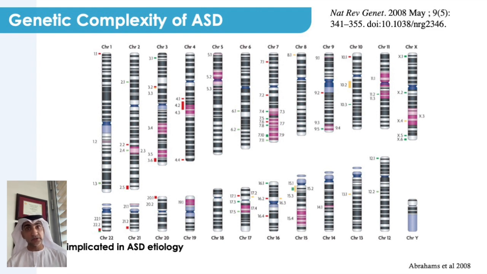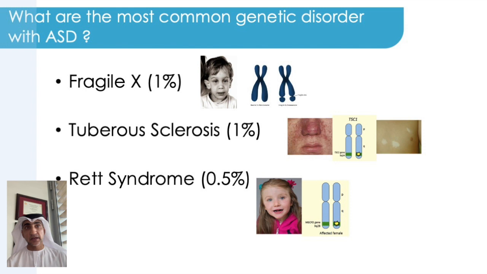Therefore, we introduce autism as heterogeneous, meaning that you can have a child with autism that is due to a specific genetic disorder and can present differently compared to a different child who presents with autism in the context of a different genetic disorder, such as Fragile X or tuberous sclerosis, Rett syndrome, and other conditions. The etiology of autism is quite complex, and it is beyond the scope of this presentation today.